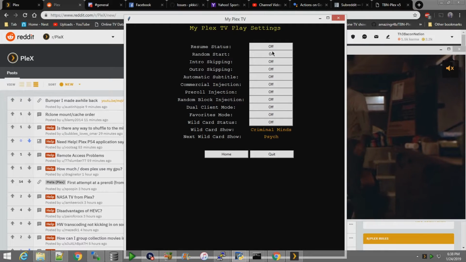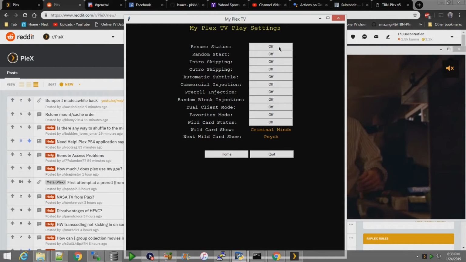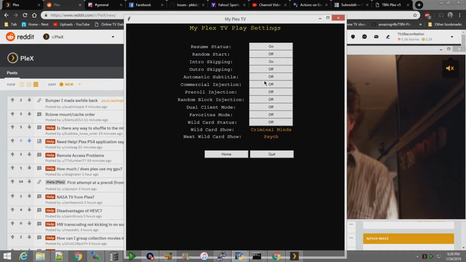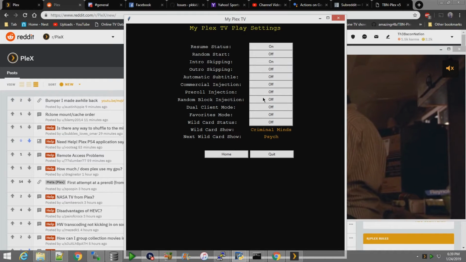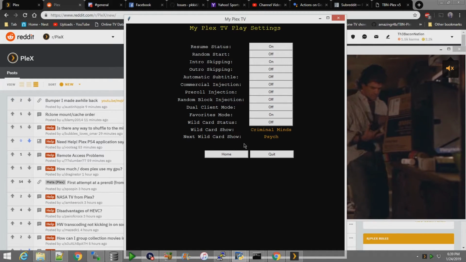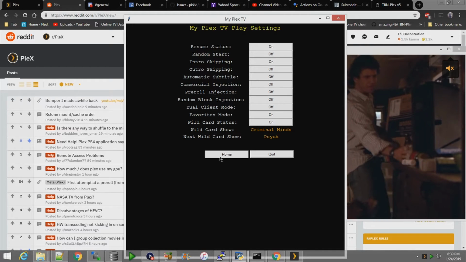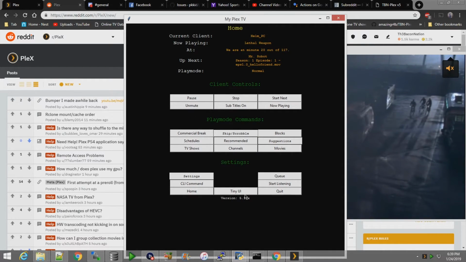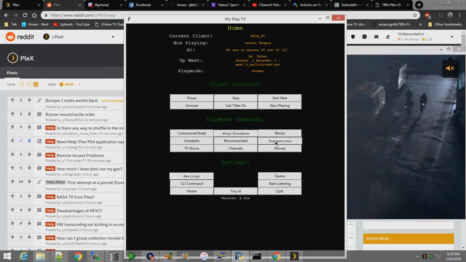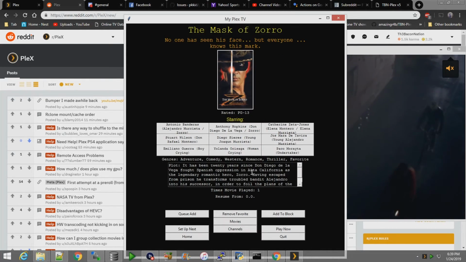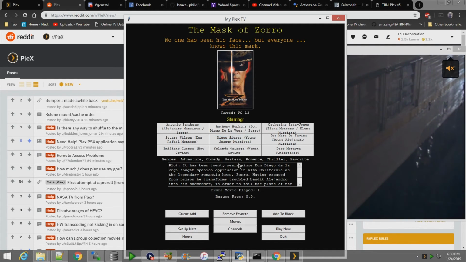Play settings, random start off, resume status on, intro skipping, I'll leave that on, random block injection, favorites mode on, wildcard, yeah, of course we want that on. Boom, there you go. Suggestions changed up a little bit. I like these